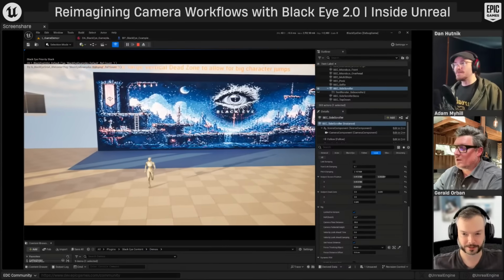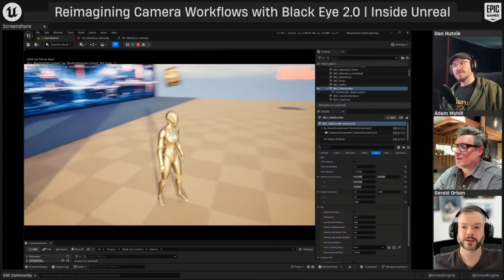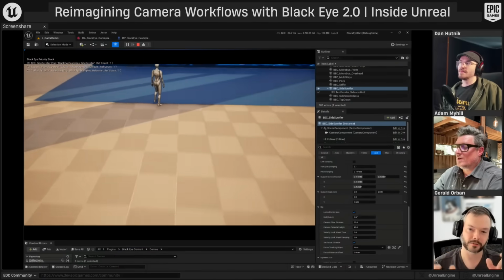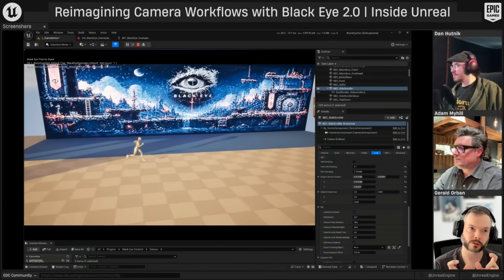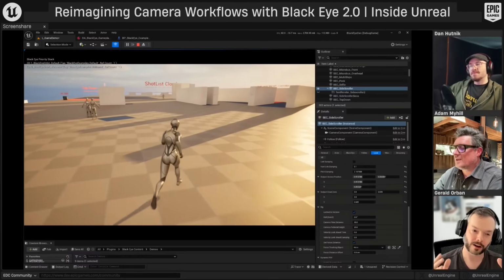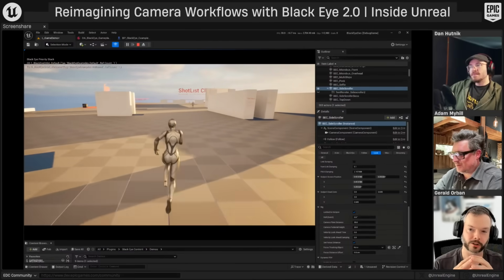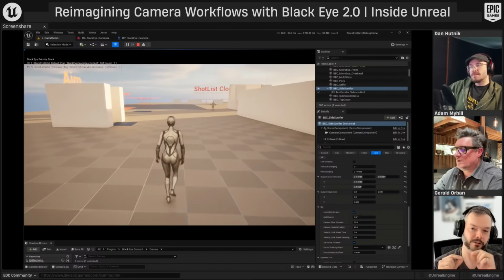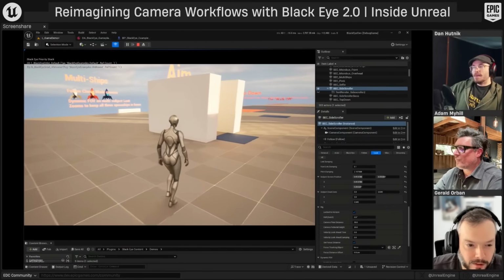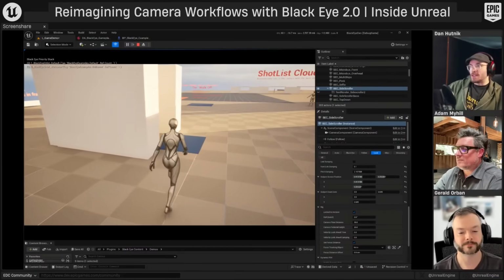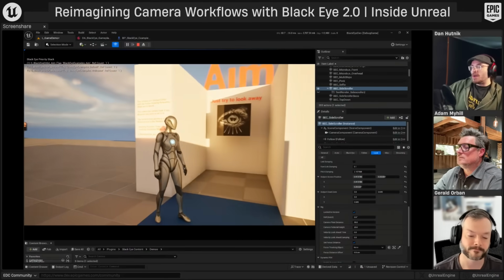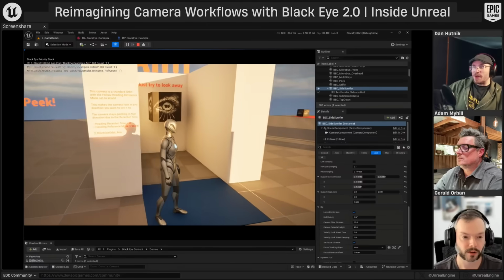Something that I was just about to say is every camera is a set of gameplay tags, and there's a matrix data asset that tells you how to blend between those types of cameras. So you can make it a very long blend, very short blend. You can make sure that if I'm active, I can't be blended to or cut from for a specific period of time. This is something we talked a little bit about in one of our meetings before the show, where it seems really simple, but it's way more complicated than